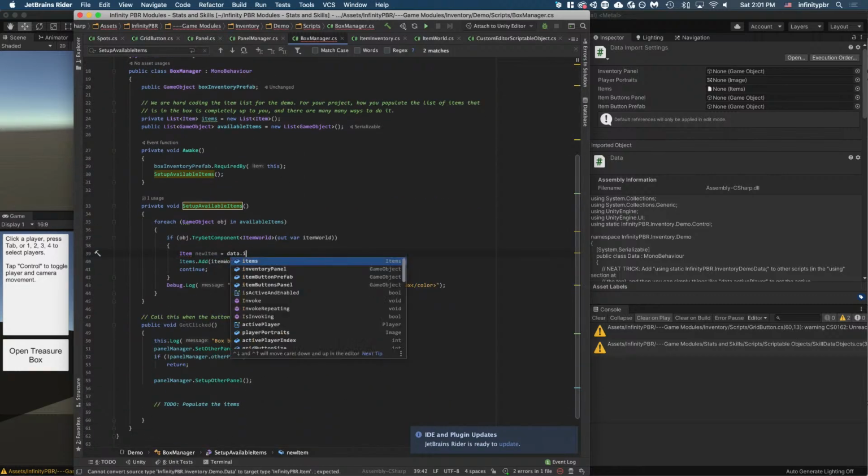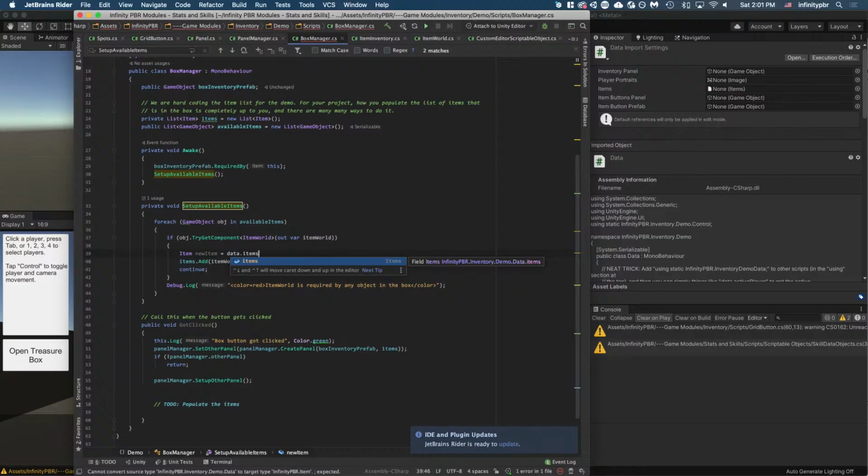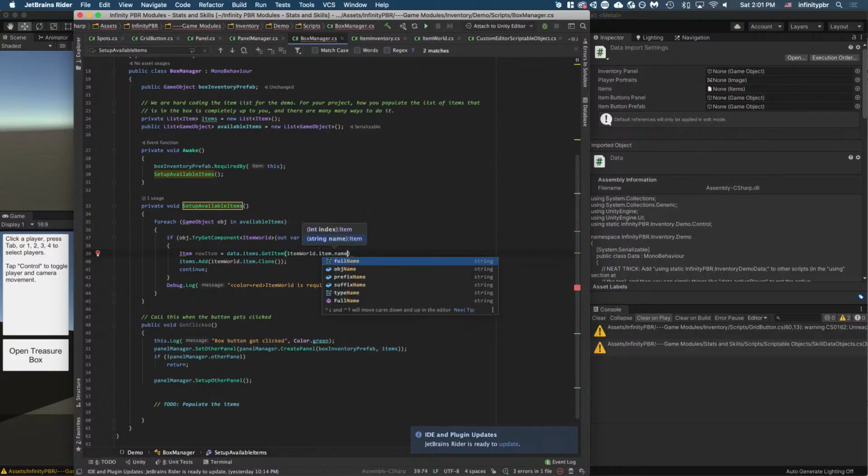Okay, data dot items dot get item of item world dot item dot name, object name. Right, I think that's how to do it. No, wait, no, because the item world doesn't have an